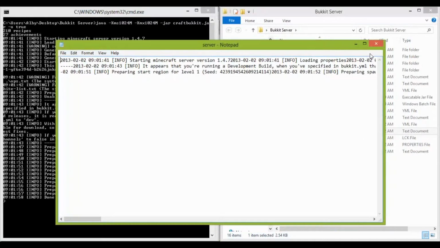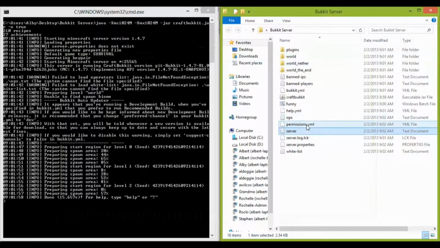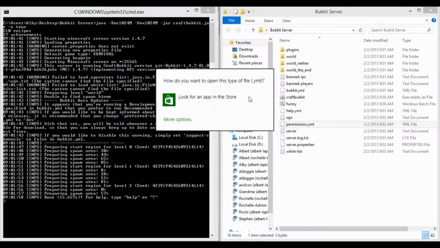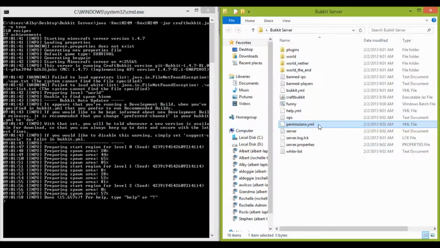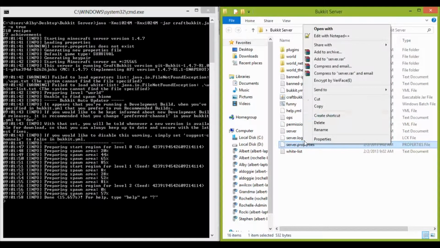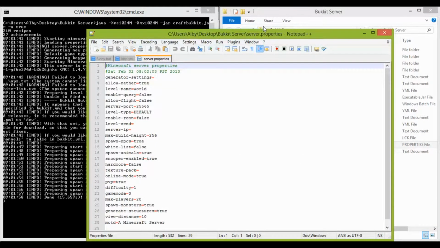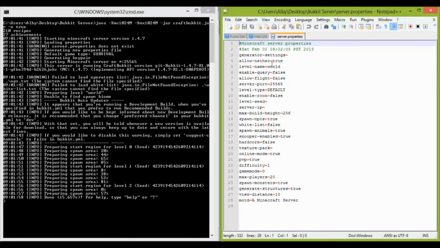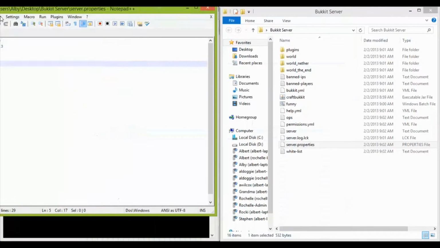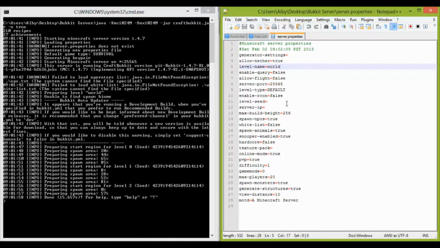Server. This is just a bunch of stuff that you don't need to get into. Permissions. I do not recommend using permissions.yml. I recommend using something like Root Manager. And then server.properties. It'll look different once you do a few things. But so allow nether, you can allow nether, world name for when you're first starting it if you don't want it to be called world. You can give it a seed,